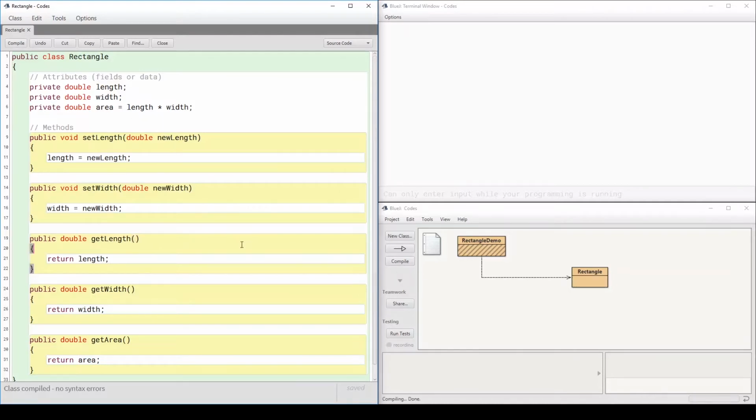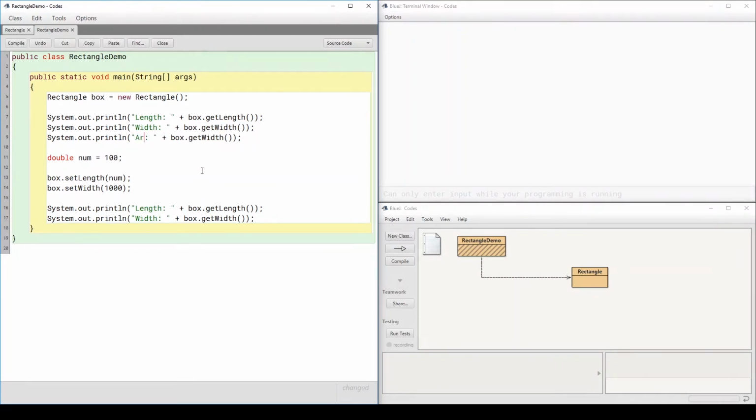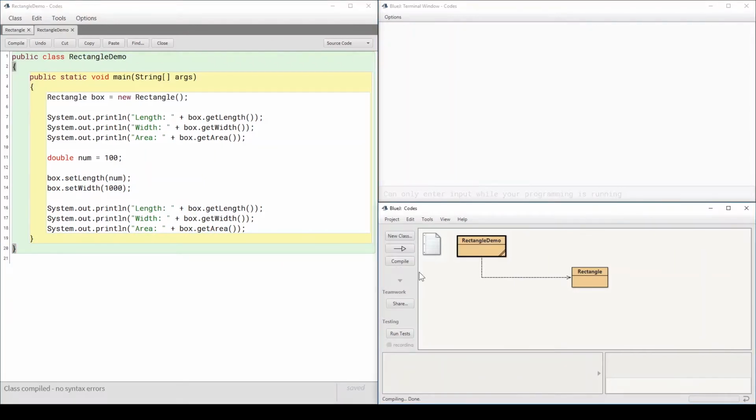Now if we run this and we go to the rectangle demo here, we try to get the area first, and then after updating the length and width, I'm going to try to get the area again. All right, which should reflect the update on the length and width because the area depends on them. So if I run,